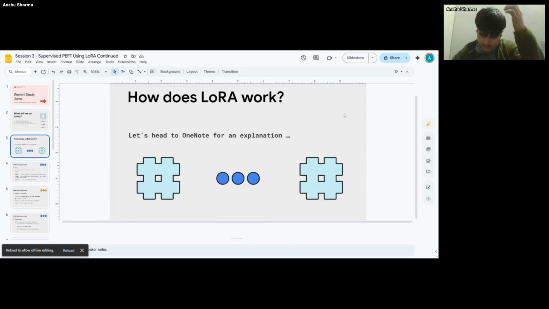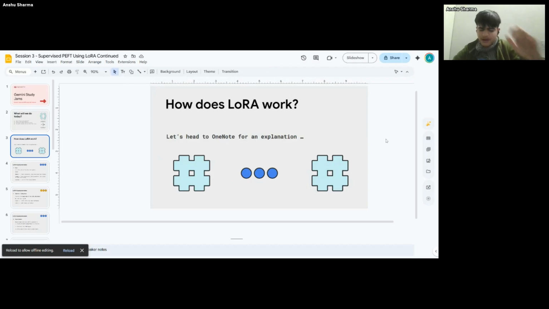So how does LoRA actually work? We went into this a little bit during the last session, but it was all a bit confusing for all of you. So this time let's do it again, but make it a bit more intuitive for all of you. So I'll share my